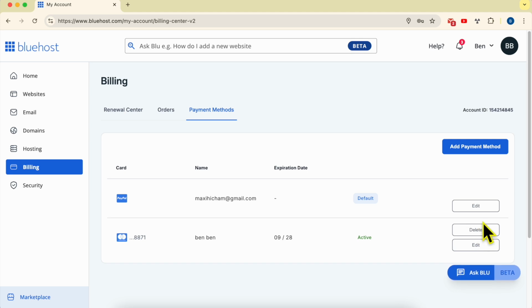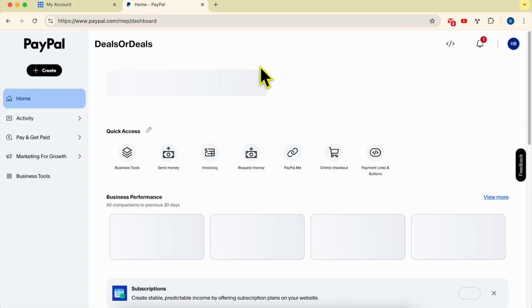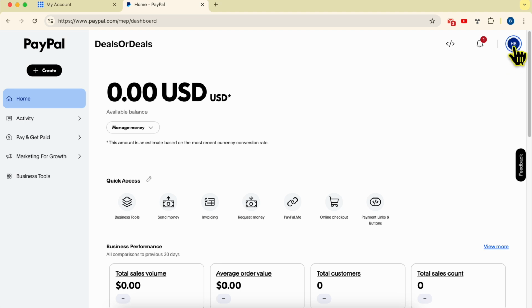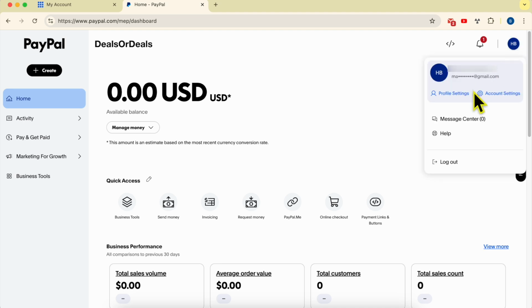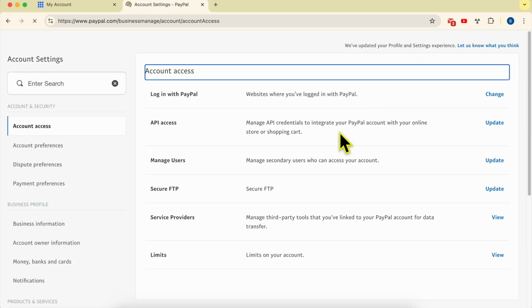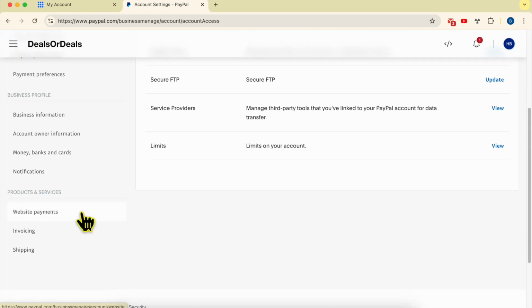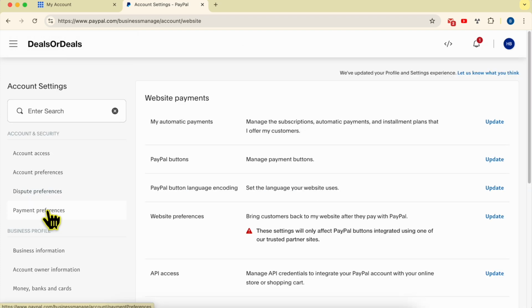But before this, to not forget about stopping automatic payments from Bluehost inside PayPal, go to your PayPal account, click on your profile icon, click on Account Settings, then scroll down to Website Payments below Products and Services, and here you will see My Automatic Payments. Click on Update,